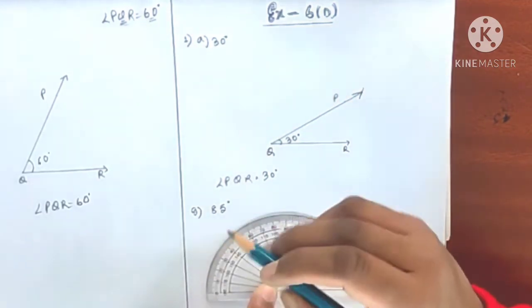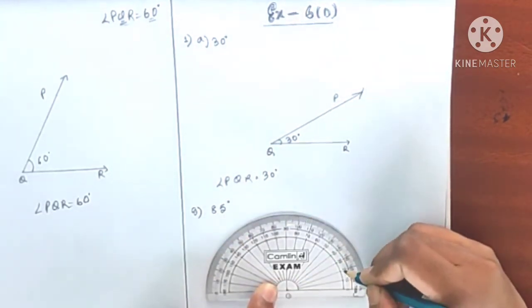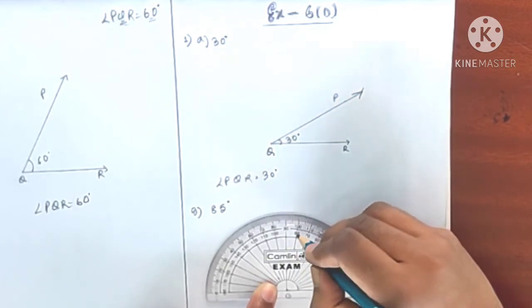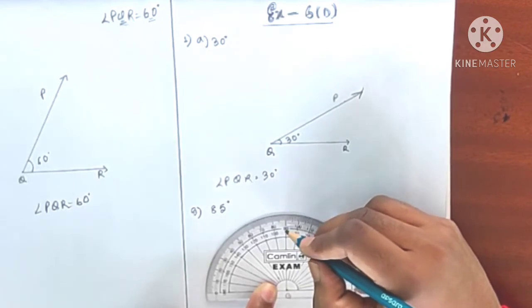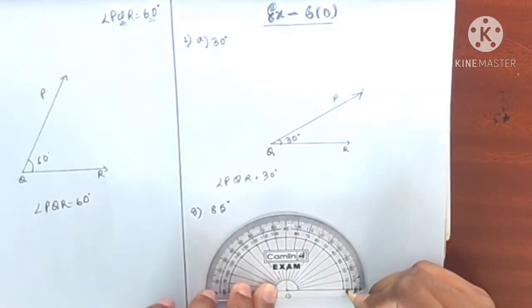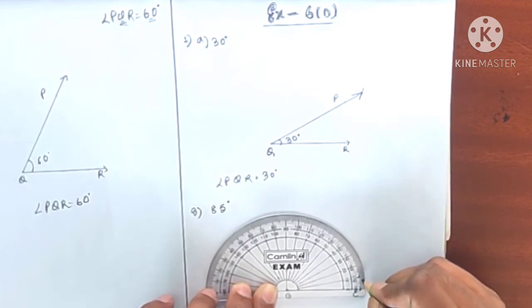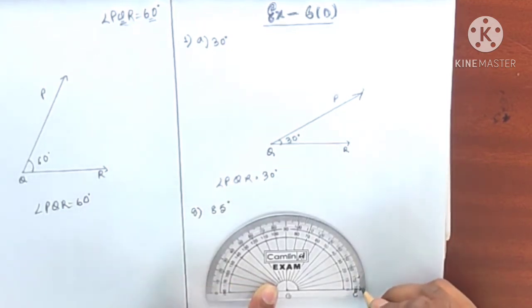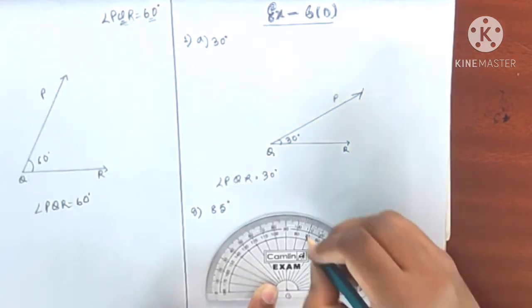Find it here. Now keep in mind that we will see 0, 10, 20, 30, 40, 50, 60, 70, 80, 90. But I cannot find 85 here because it is here 80 and it is here 90. So how will I make 85 degrees here? You just remember my words from my previous video, that in between 0 and 10 you will see these simple lines, 1, 2, 3, 4, 5, 6, 7, 8, 9, 10. You will see these 10 lines in between 0 and 10. Each unit belongs to 1 degree. So if you want to make 1 degree, we will choose 0, 1 here.